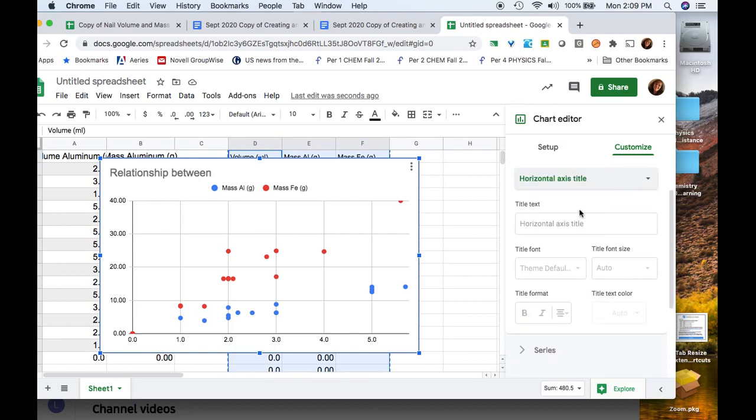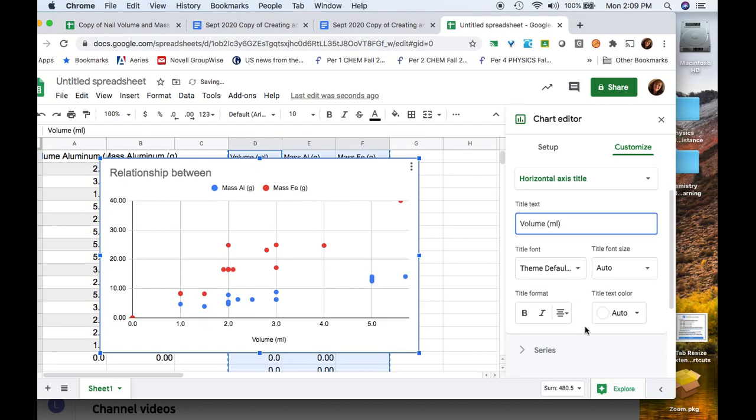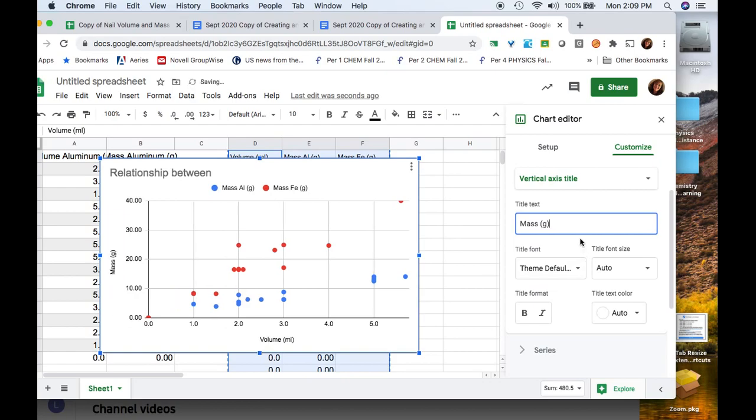So horizontal axis is going to be volume in milliliters. Okay. And then click on this box again and click vertical. And this time it's mass in grams. Right? So we still have to fix this, but now we've got our labels and our units and our data